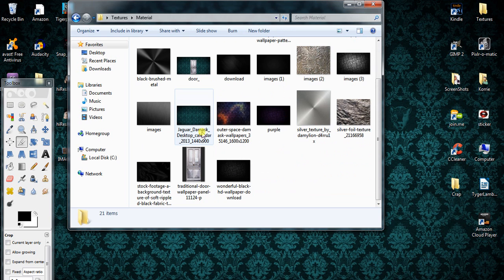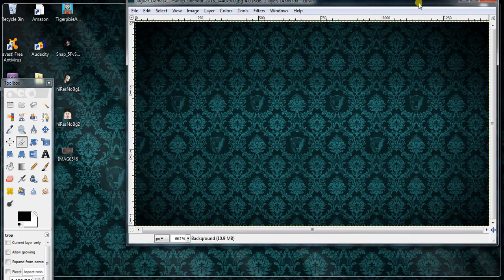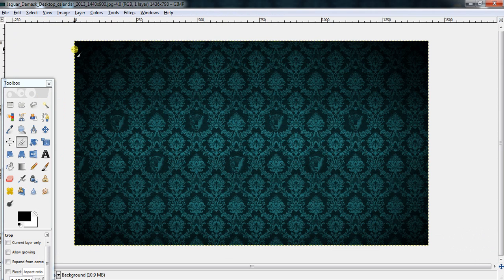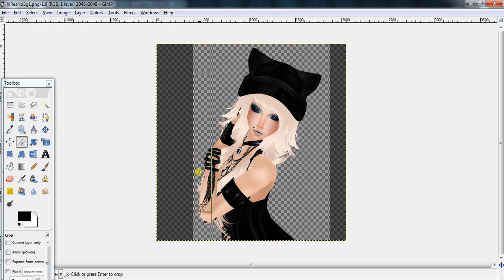Doesn't matter. I'm going to go ahead and use just a regular backdrop, and I'm using GIMP. So here you can see I have my layout, which is my background. Okay, I'm going to go ahead and use a previously taken high-res, no background. If you don't know how to do this, do get in touch with your group leader or look up a